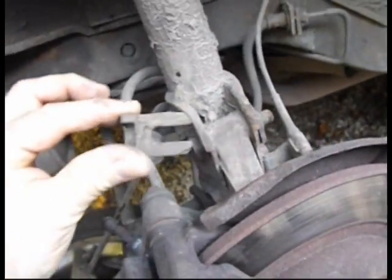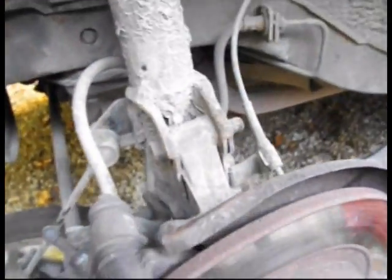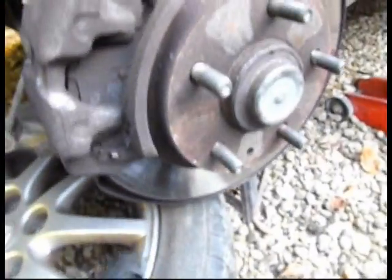I've taken the little clip off that slots on the back here. As you can see, it's a bit dark. It slots in there. It's for the handbrake, holds the handbrake in position. I'm going to take that off, unclip the handbrake lever there, take off the 2 bolts and take off the